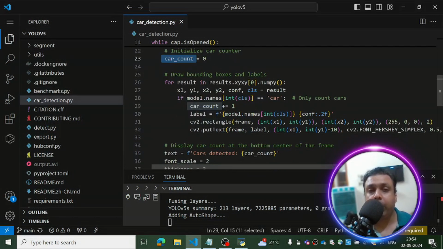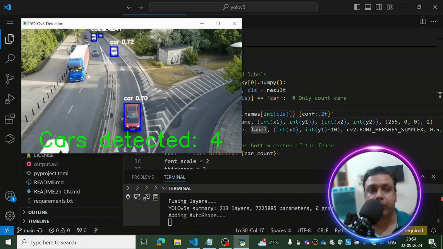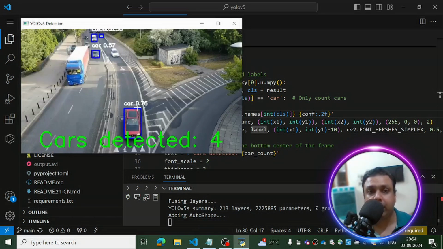For result in results dot xyxy. So if you have done object detection through YOLO V5, you must be knowing that we consider 2 points, one having coordinates x1, y1, and the other having coordinates x2, y2, so that we can calculate the dimension, or you can say the length of the object, based on which we can see what type of object it is. And we can draw the contour also around the object. With contours I mean these boxes that you're seeing over here, right?